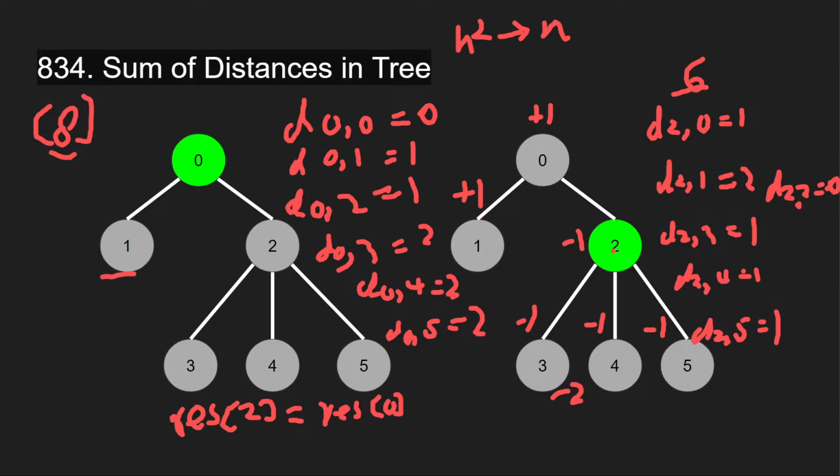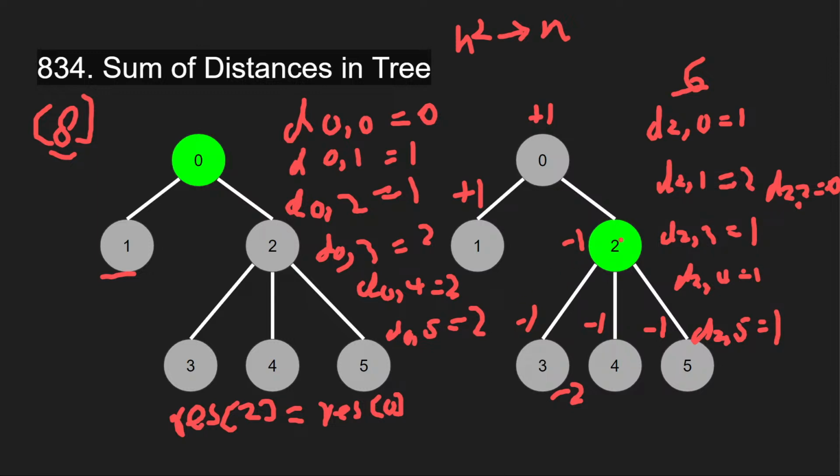And the size of this node 2 is going to be 4 because this is subtree 2. So we just need to calculate the size of the subtree, and this is just a DFS. We're going to use the DFS to calculate the size of the tree. It's going to be just O(n) time. But if we can calculate the size before, now we just need to calculate it using the size for